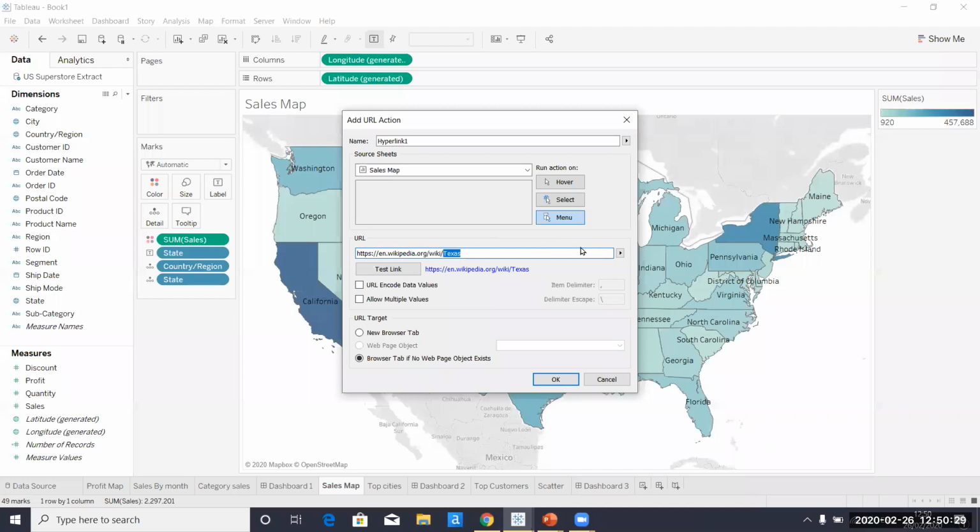And to configure this, we want to highlight and remove where Texas was, and click on this little arrow here. And here, Tableau allows us to parameterize what goes into the link. So here I will click state, as we want the state to change when we click on a state, and then that will input this little parameter here. If we press OK,